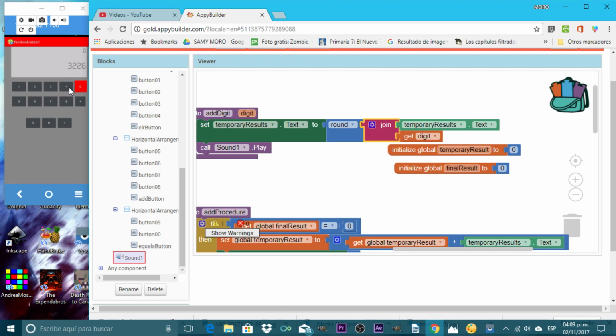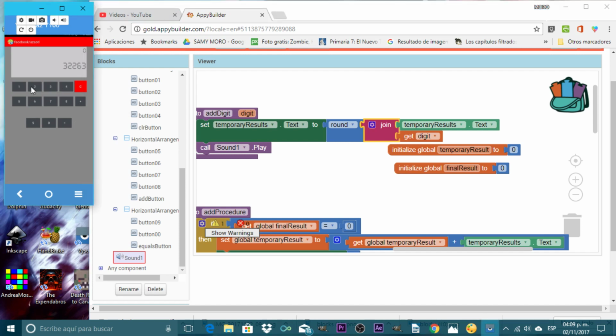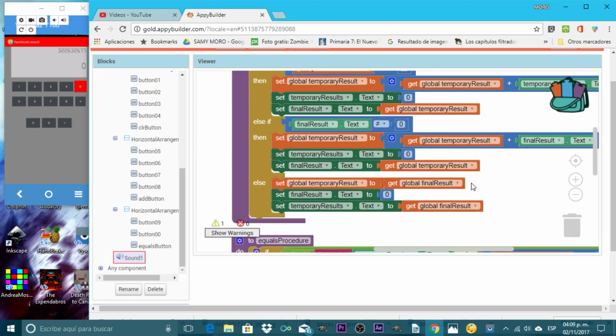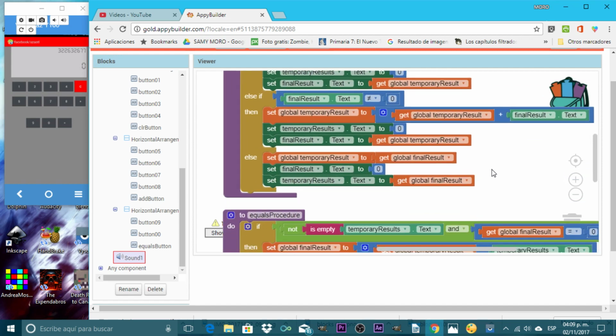3226. If I continue with another number, it's going to connect this current number that we have in here plus the digit that we have in any number. It has the digit 1, 2, 3, 4, 5, 6, 7, and it's going to connect it. So for example, 3, 2, 1, that's what this thing is doing. When we press play plus, well, here some conditions